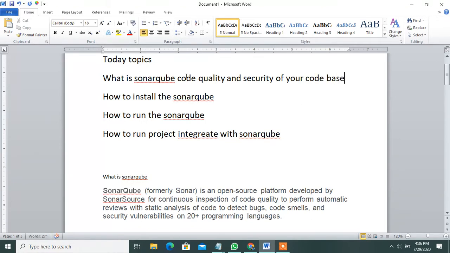That is the main part of SonarQube. In abbreviation, SonarQube is code quality and code checking as well as security of your code base.